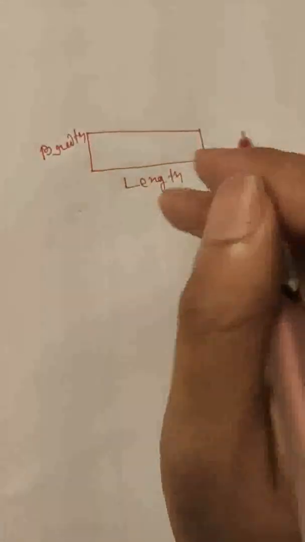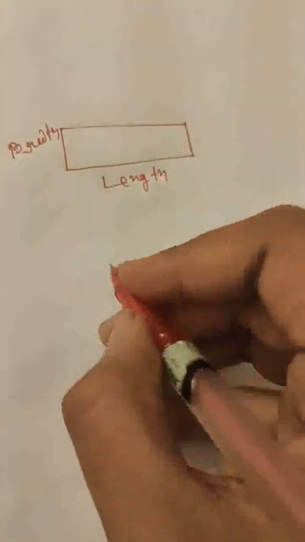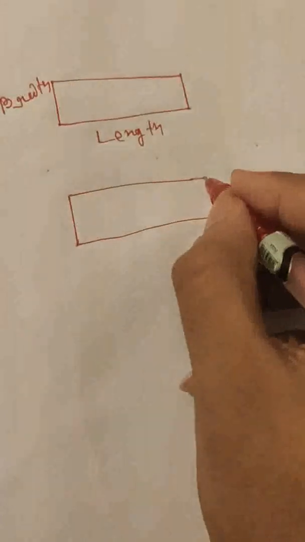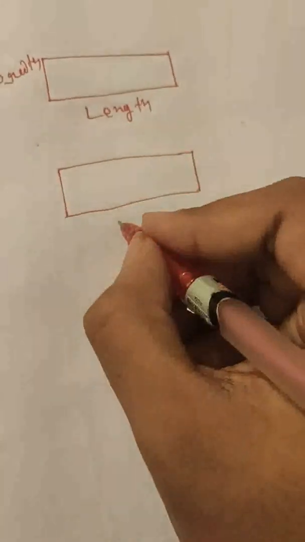That means if you have to draw or make this rectangle, you have to know both dimensions of the rectangle. Like if I assume a rectangle of xn length and